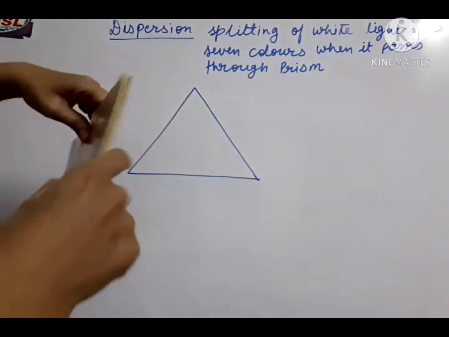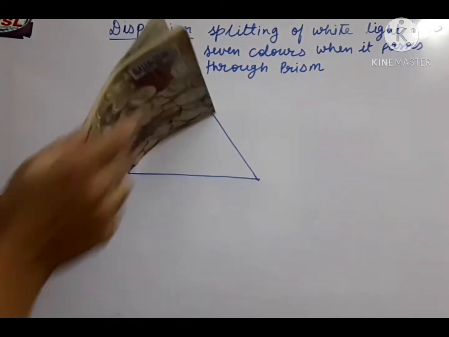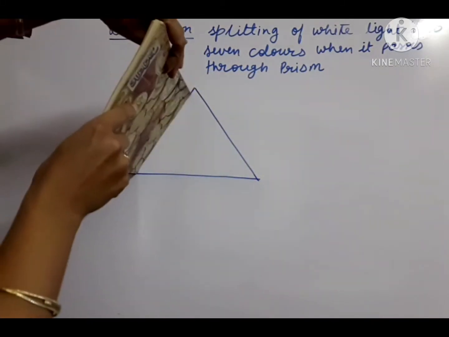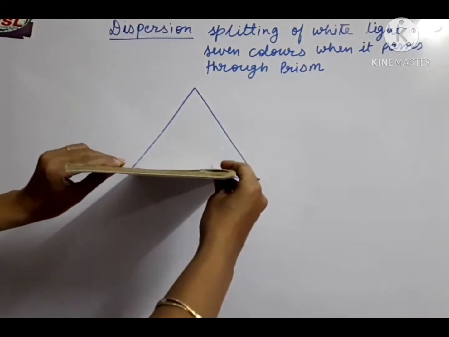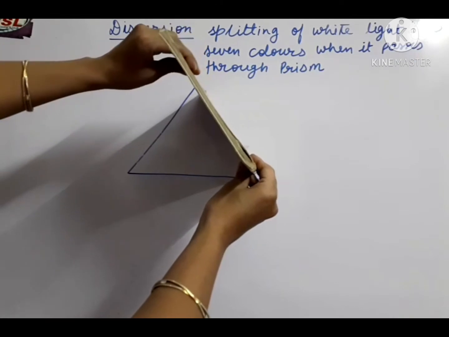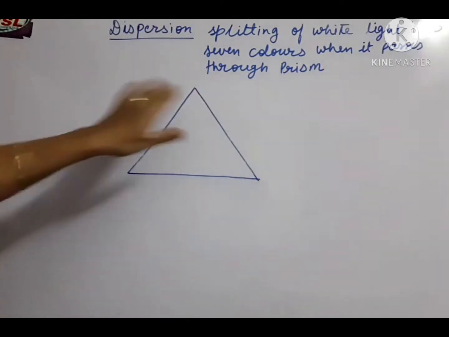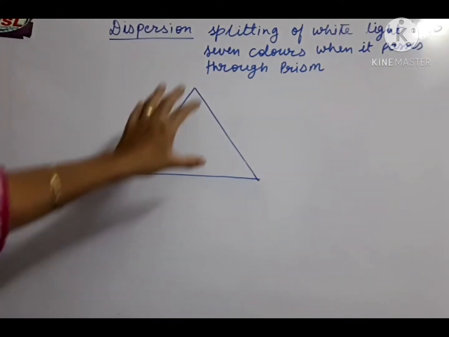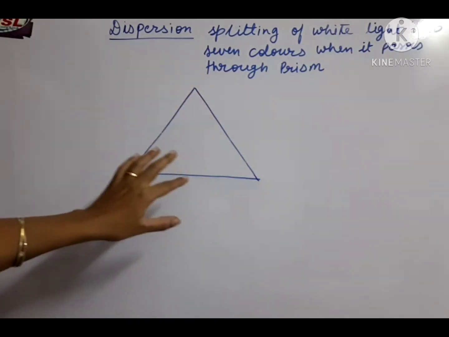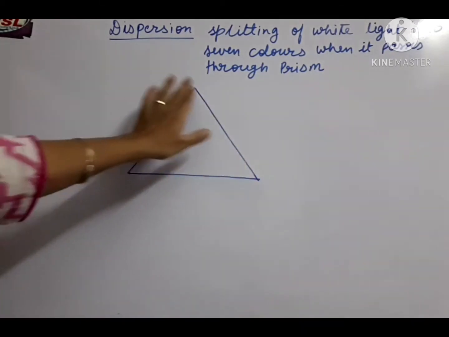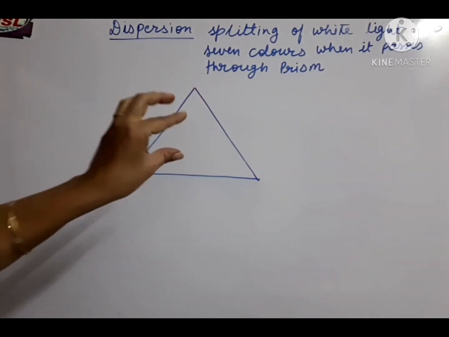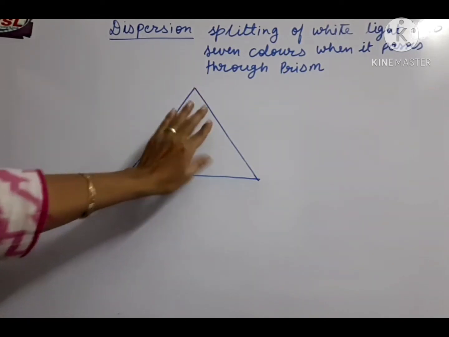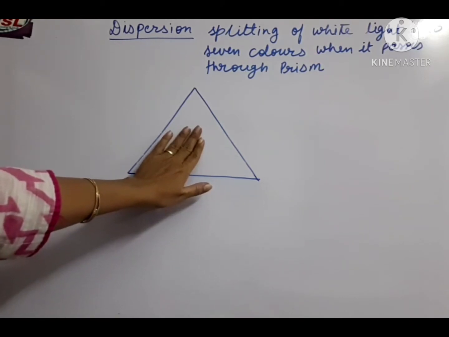2D plane, so on this side you can see this is one rectangular face, this is the second rectangular face, and this one is the third rectangular face. All these three rectangular faces are inclined with respect to each other in the form of a triangle. So this complete medium inside the prism is made up of glass. So this is a prism, and in the lab, while doing experiments, you will see the prism.